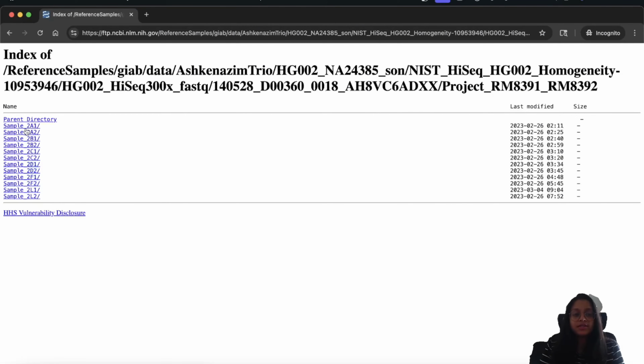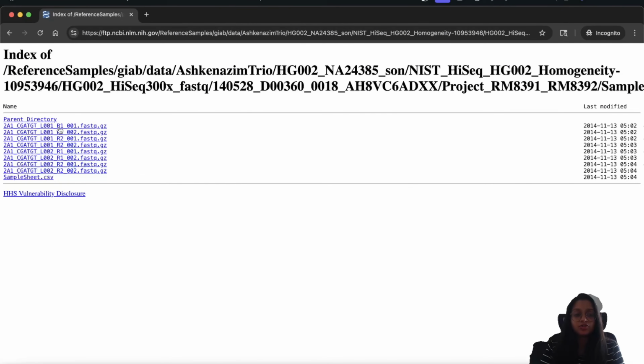So if you go inside one of these folders, you will get to see the FASTQ files. The first part of it corresponds to the sample or the replicate identifier. The second part of it is the unique index or the barcode that was used to specifically identify the reads that are coming from this particular sample or replicate. The next part of it is the lane, so on which flow cell lane it was run. The R1 and the R2 indicate the forward or the reverse reads in paired-end reads,